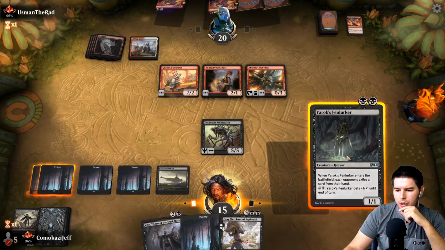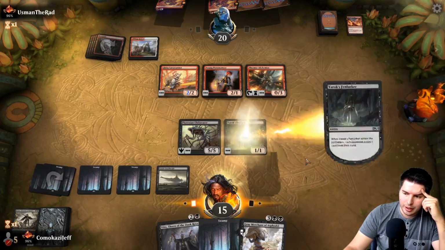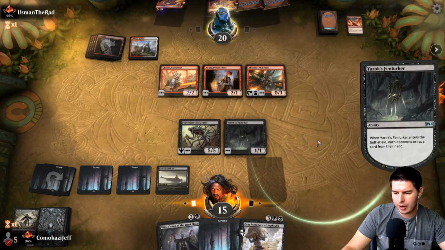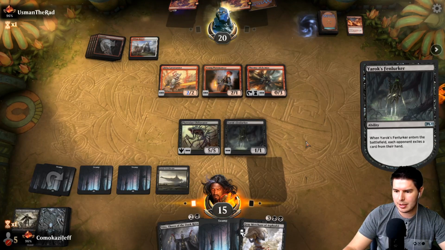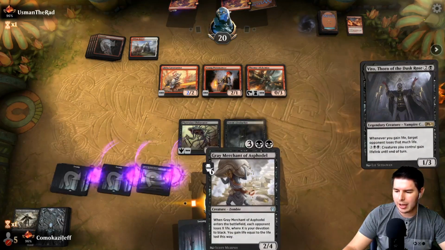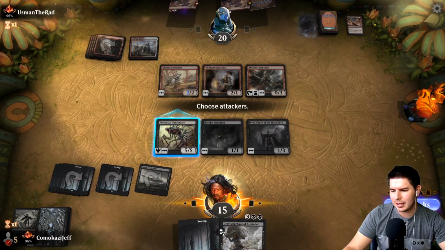Let's go for... So we can gain 6 life here. I think that we do go a little bit more aggressive. Also, getting Vito out on the battlefield can be kind of nice. This ends up doing double the damage. So if it stays around, great. If not, yeah,